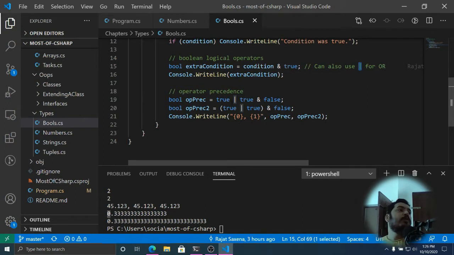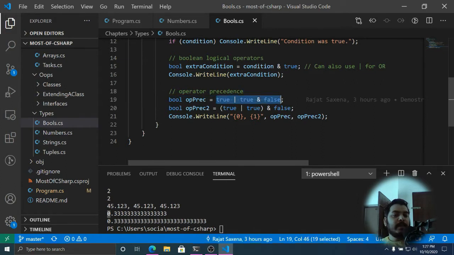Now one thing to note here is that there is something known as operator precedence. If you are writing a complex statement where you are ANDing and ORing things and producing some output based on complex conditionals, which means that you are using certain Boolean values and combining them in order to get to a result, in that particular case you are going to AND two or more conditions, like you can see here, right?